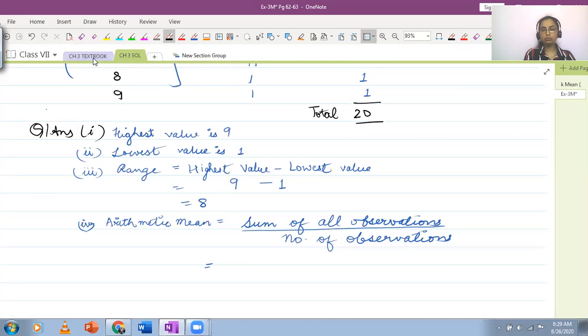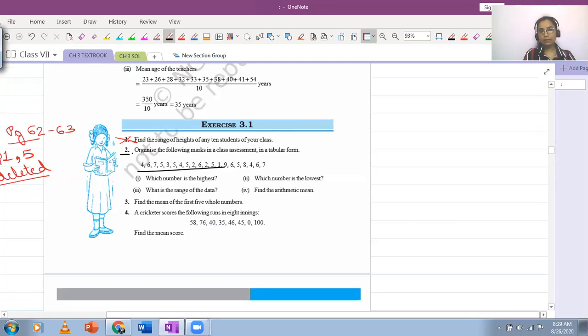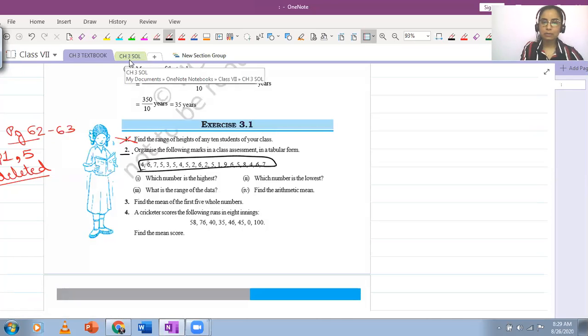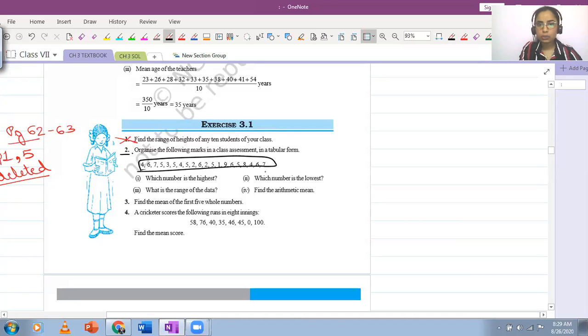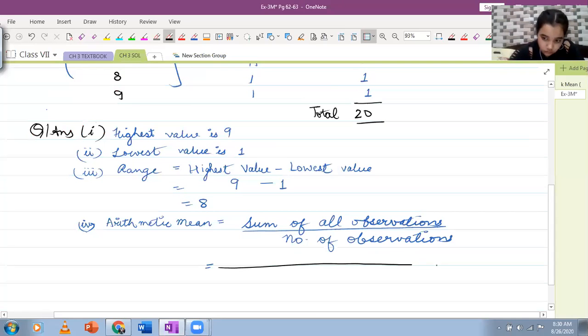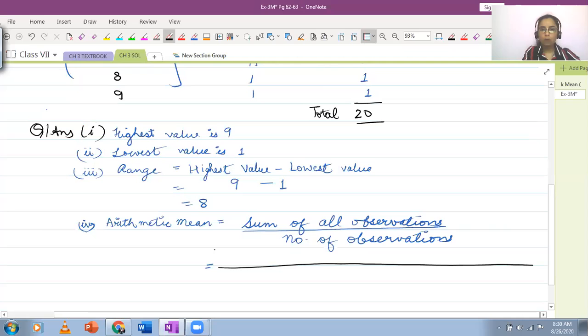So I'm just going to show you the list here. ये वाली जो list है इसके सारे numbers को plus करना है. Aryan, I'm coming back to that page. I just want to show you just a quick look here. ये जो list दी आपको, ये वाली सारी values को add करना है. So I'm going to just write down here on the copy part. So over here, in the numerator, you're going to add all the values, and in the denominator, you will write down how many values are there.